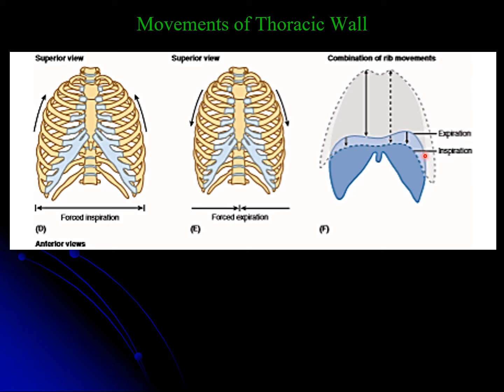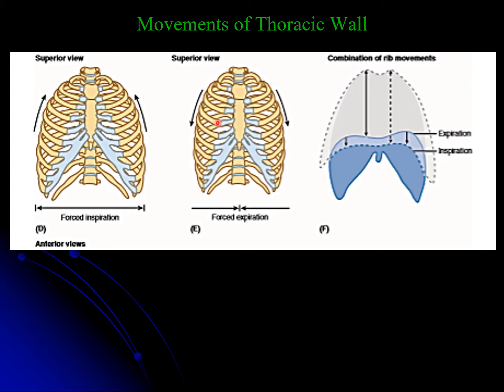So the diaphragm is the main inspiratory muscle along with the intercostal muscles. This is the normal position of the diaphragm when it is not contracted. As you can see, these are known as the left and right dome of the diaphragm. As contraction of this muscle takes place, these domes disappear and they become flat. They go down, or depress, and become flattened. As they become flattened, the vertical diameter of the ribcage increases. So another important thing: the vertical diameter of the ribcage increases because of the contraction of the diaphragm.